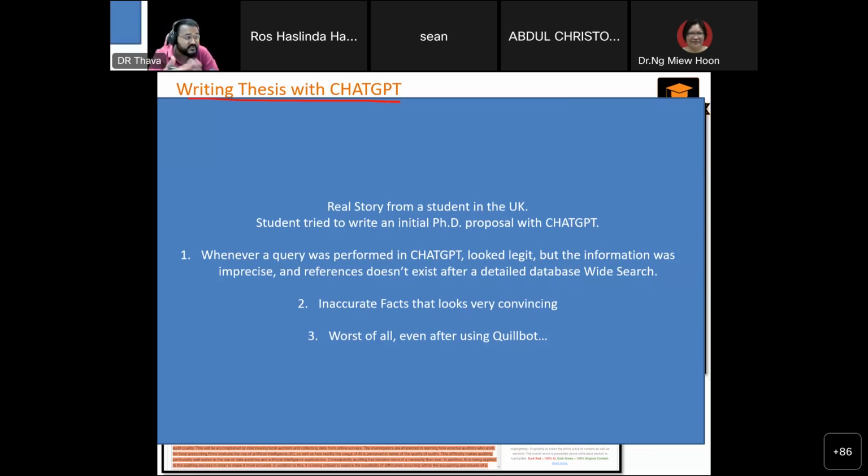So I'll give you an actual problem that occurred. A real story from a student in the UK who was applying for universities, I think 11 in total, if I'm not mistaken. Best of all, he applied to Warwick, Imperial and Bath, very good universities. All 11 rejected, because UK universities are at least a couple of years ahead of us. But Malaysian universities are not bad. They're already buying the software to trace all this.